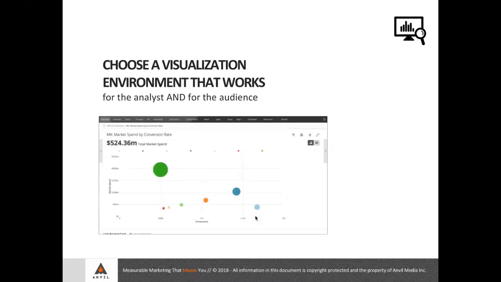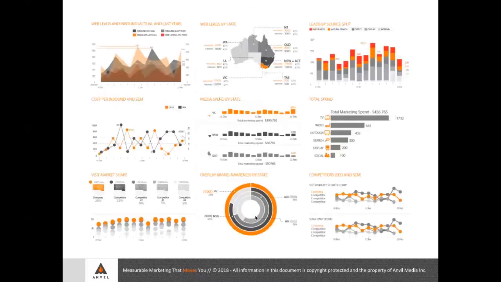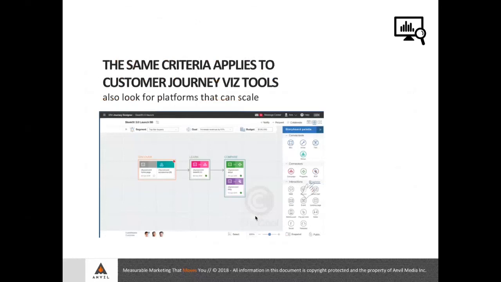So before we pick something, we need to ask ourselves what we want that tool to do. But there are tools out there that are pretty robust. This is a Tableau example. Tableau is the industry leader in this. You've no doubt used them or heard of them. They're a little expensive, and there's a learning curve, but there are other tools out there that can do this a little bit cheaper to get yourself out the door.